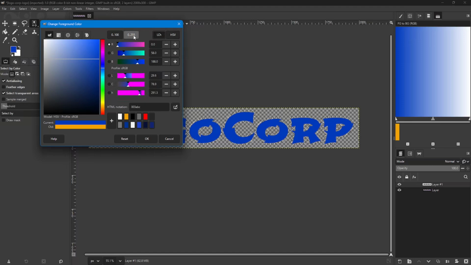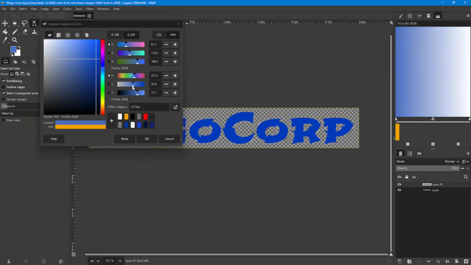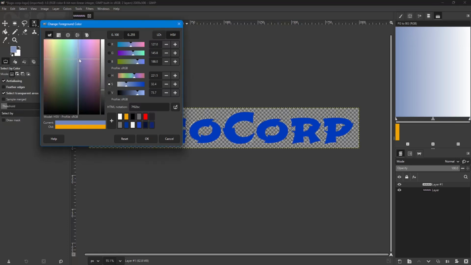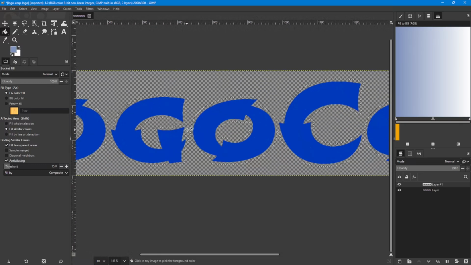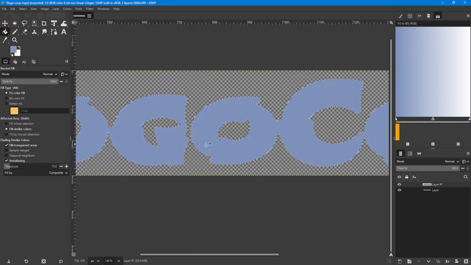No, let's do HSV. We'll just do what we were going to do. We'll take this up and we'll make it a lighter color of blue. If we wanted to go really light, we could, but I think that's good enough for demonstration. So we'll click OK, and now we have this color, and we're going to fill this selected layer with this color. But remember, we got to do it inside of the selection, so we're going to fill that in there,